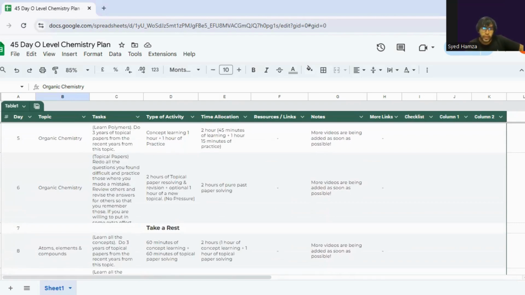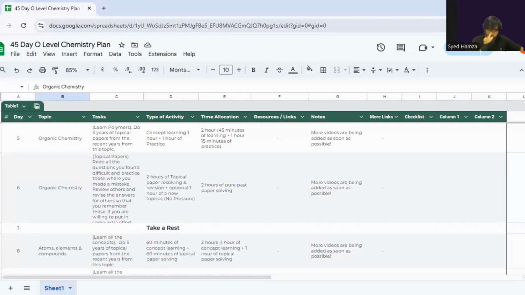Okay, and I'll also be creating a video in which I'm going to tell you how to tackle the paper, because there are different ways you can get an A star or an A, and nobody ever tells you about it, for some reason. There are actually quite smarter ways to get that A. You don't usually need to start from the start of states of matter and then go on to other topics. There are easier ways.